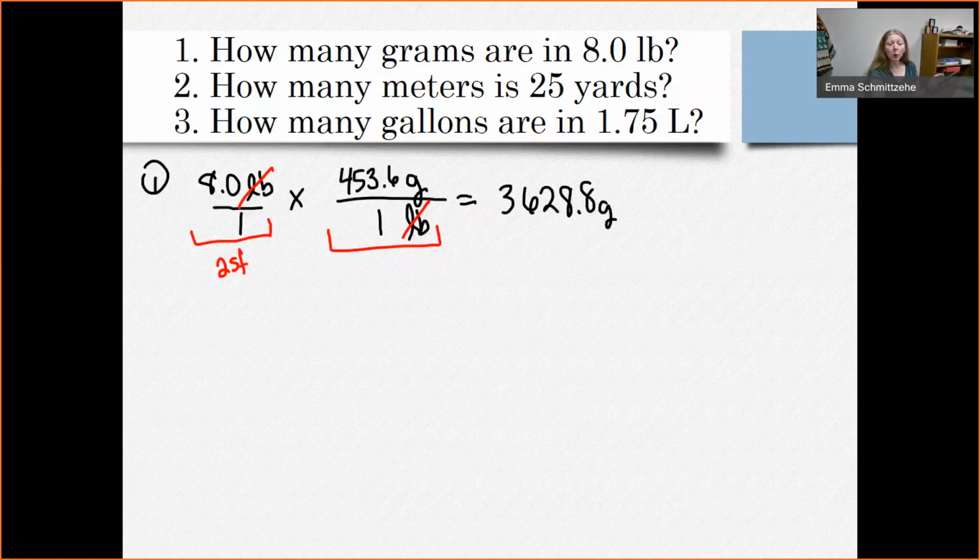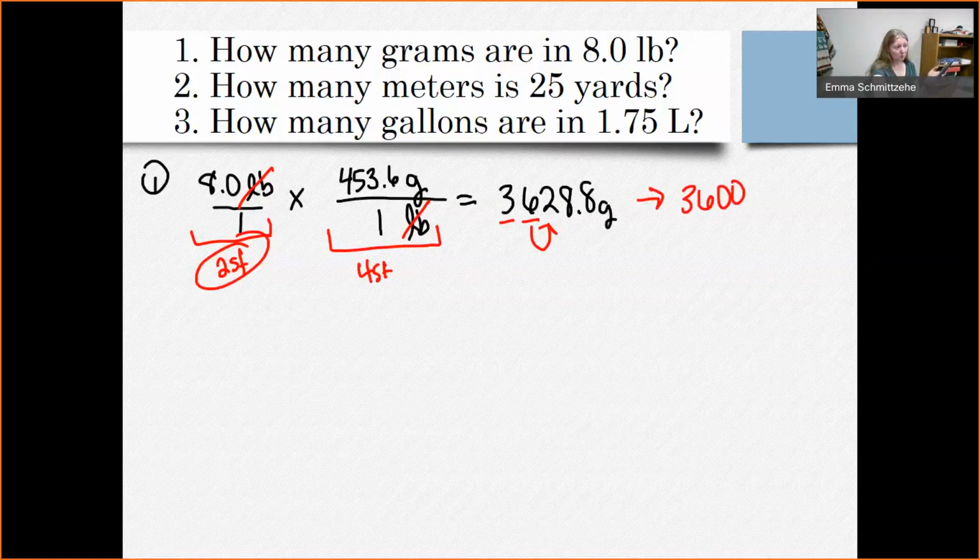Most of the time those aren't. But if you're going from an English unit to an English or a metric to a metric, those relationships are definitely exact. In this case, it's not exact. And so this is really a 4 sig fig now. Okay, now I'm doing a multiplication, so I focus on 2 sig figs. And so the 3 is my first one, the 6 is my second one. So I look to the right of that, and there's a 2. So that isn't going to change the 6. And so my answer should be